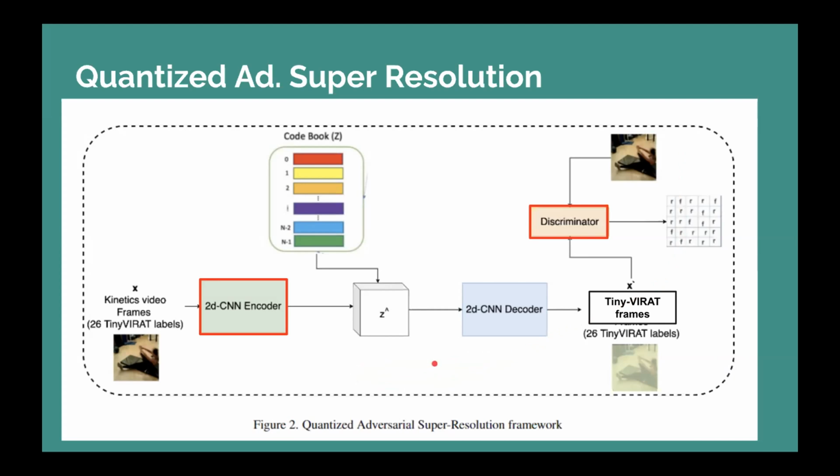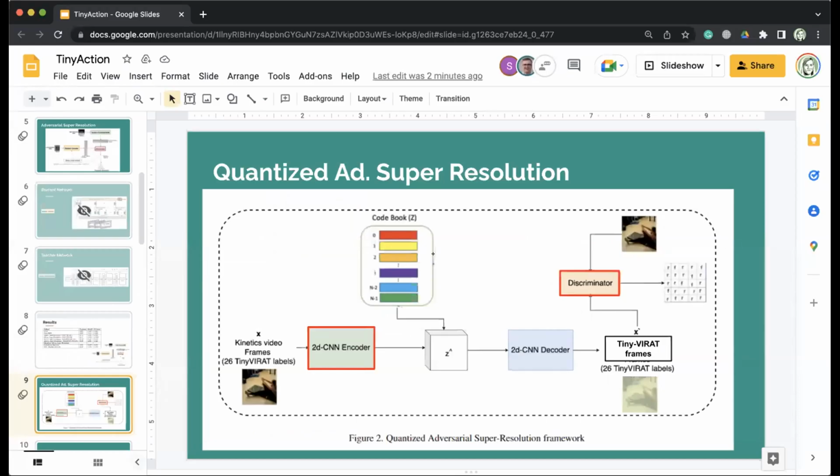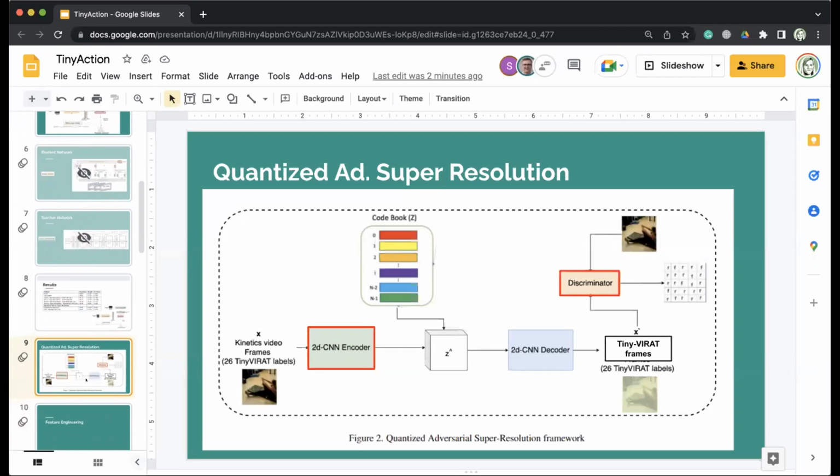The idea of this whole pipeline is to map low resolution Tiny VIRAT samples using a Kinetics 400 codebook into a better, high resolution feature space. So ultimately, once we are done, we use this VAE pipeline, this variational autoencoder pipeline, to project Tiny VIRAT videos to a higher resolution. Those high resolution videos can then be passed to any video classification network like ViViT or VideoSwin for getting final class labels. So that's that. And I'm going to pass it on to Dane to talk about some feature engineering experiments that we did.